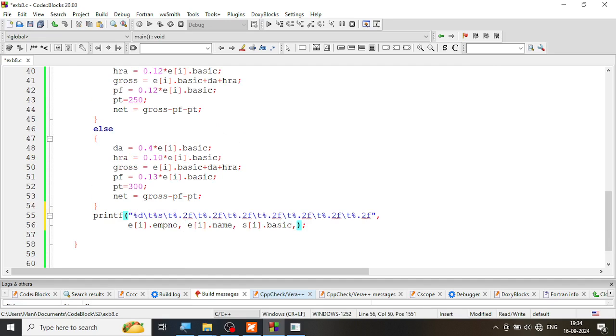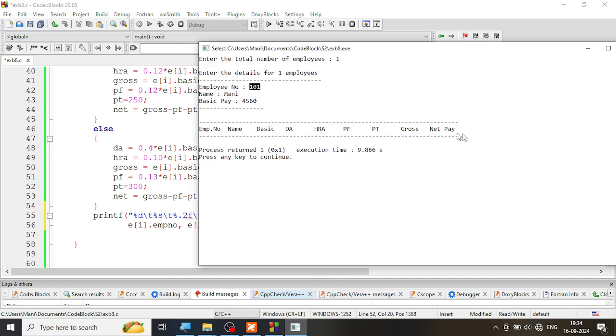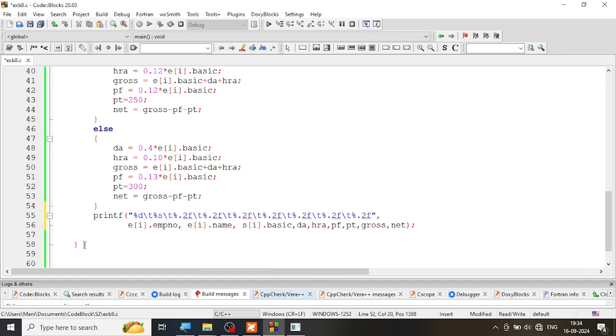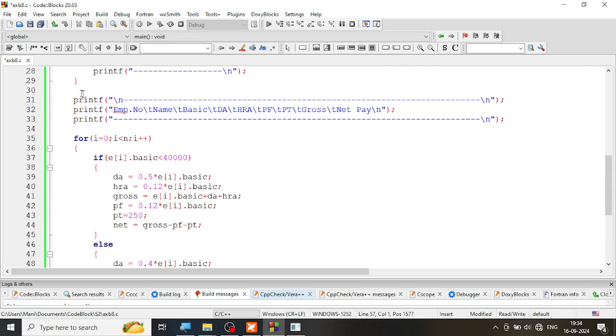So next one is no E. It is not for the ith employee, because we are just directly calculating. So this is DA. After basic I have DA, then HRA, then provident fund, then professional tax, then gross, then net. So look at the way I have done that. Then gross, then net pay. Okay, done. Now after this for loop, I want to print